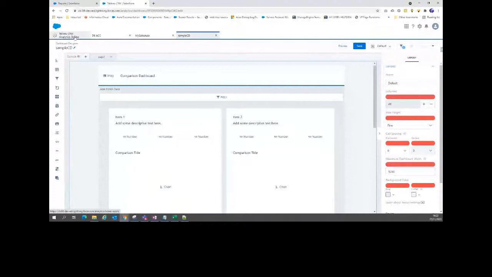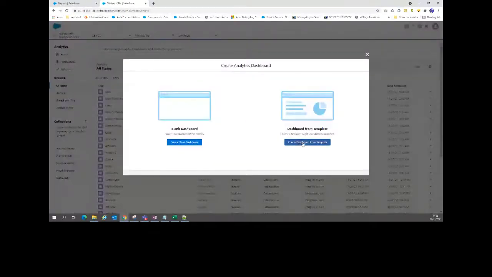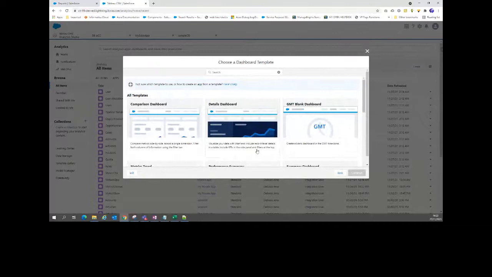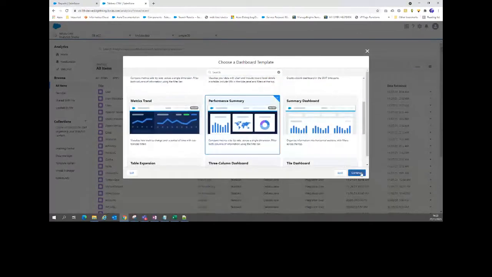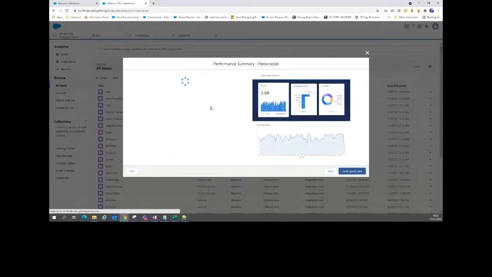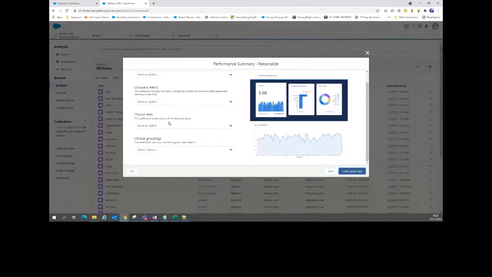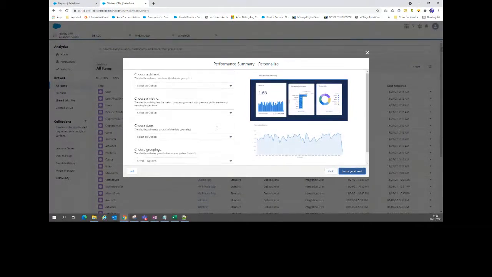But when I go to my studio, I go to create, I click on the dashboard, and I'm just going to run here, dashboard from template. I want to use a smart template. Okay, I'm going to select this smart template, for example. Questions are being asked. So these questions will define how your template is going to look. So that means whenever you want to build a dashboard,